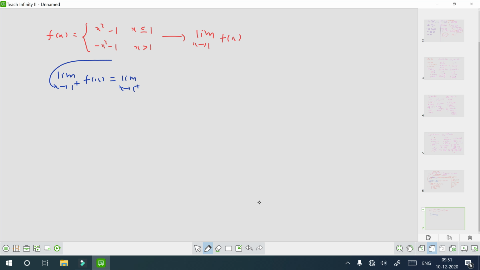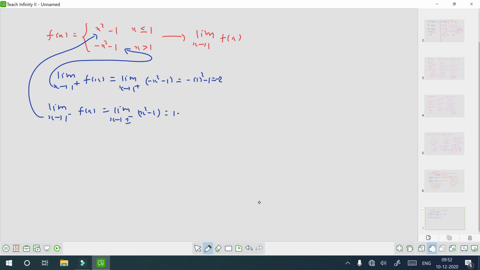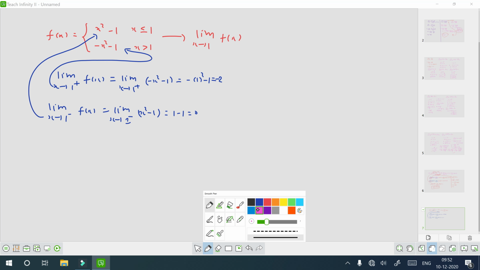For x greater than 1, the value of f(x) is minus x square minus 1, so that is equal to minus of 1 square minus 1, which comes out to minus 2. And let us say the left hand limit is equal to limit x tends to 1 minus. For x less than 1, f(x) is x square minus 1, and 1 minus 1 is equal to 0. And therefore, you can see that here